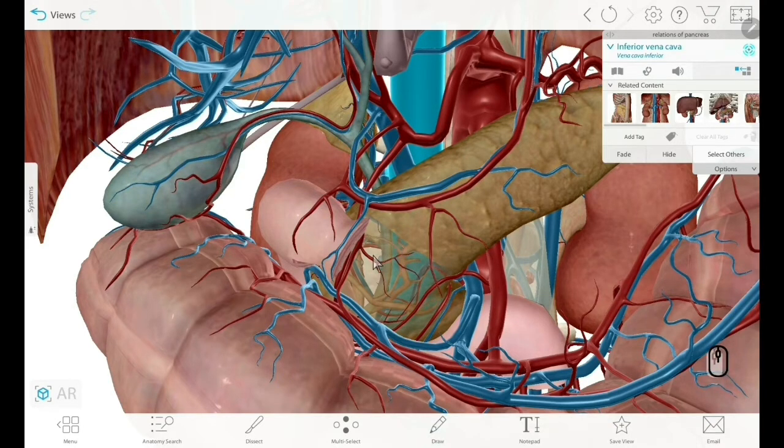We can also see one duct lying behind, which we can see through the pancreatic head. This is the common bile duct. So this here is the common bile duct which you can see being highlighted. So the inferior vena cava and the common bile duct form the posterior surface of the head of the pancreas. Since the common bile duct is located very close to the pancreatic head, in acute pancreatitis the common bile duct is obstructed, and this is why acute pancreatitis leads to obstructive jaundice.